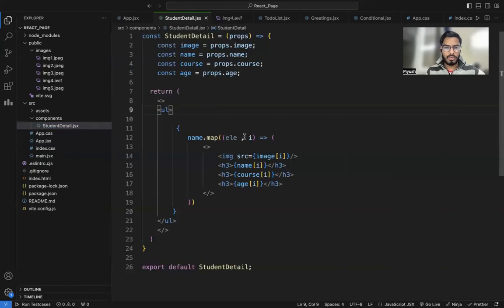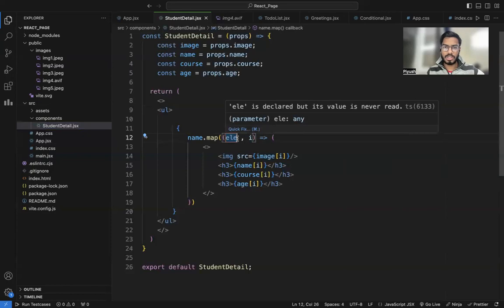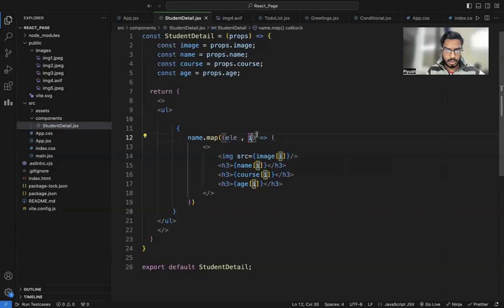So here, what is an element and what is an i? Map is a higher order function. In the map function, element is targeting the value of an array, and i is targeting the index of an array. So here i means the index of an array. Now we want our loop to run four times, and in each iteration we will make an unordered list, and these all are the